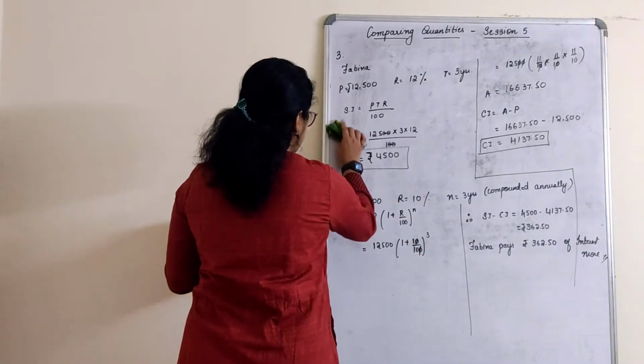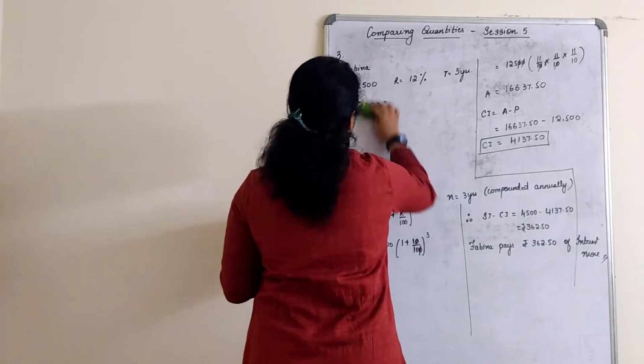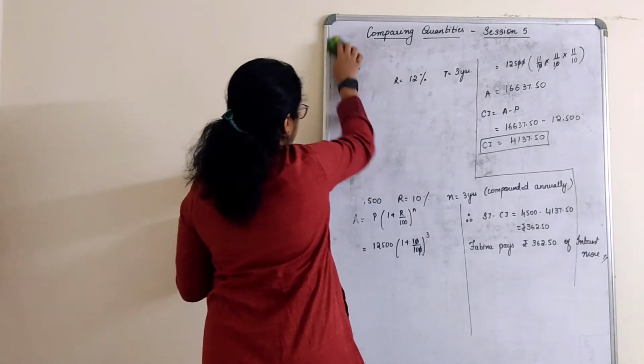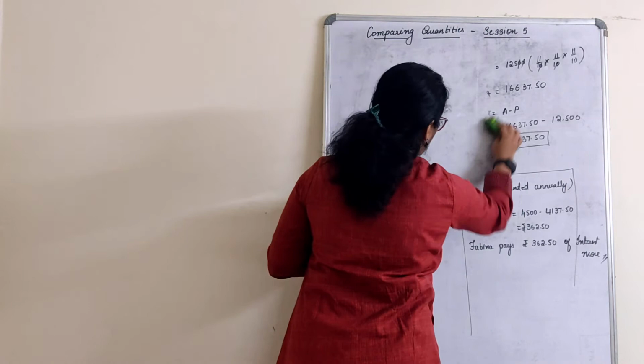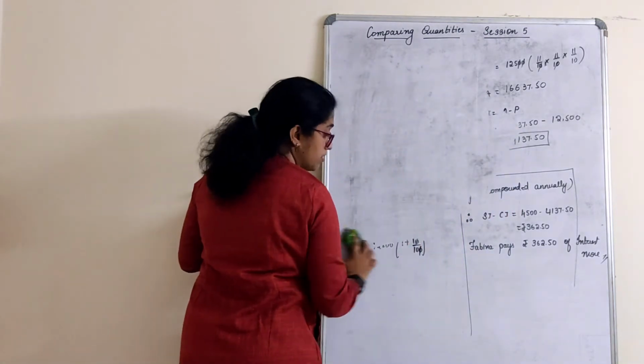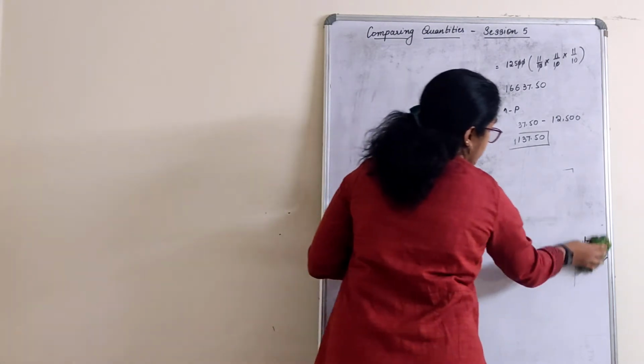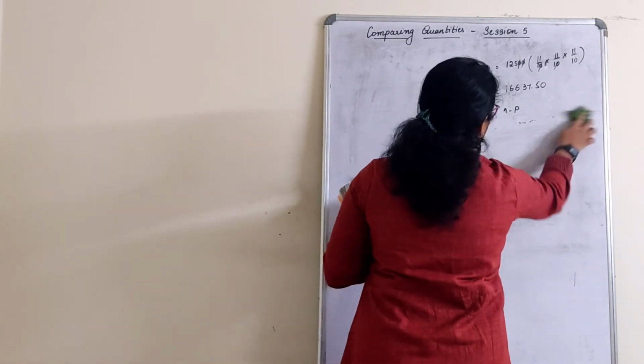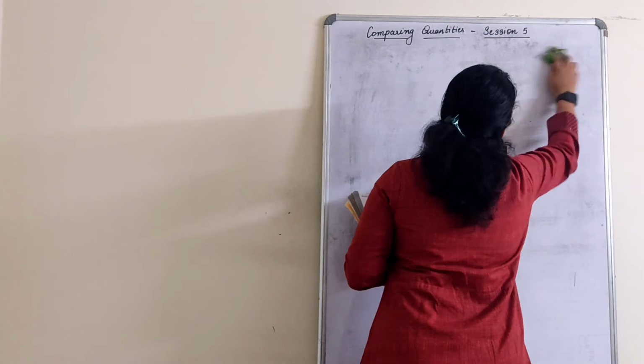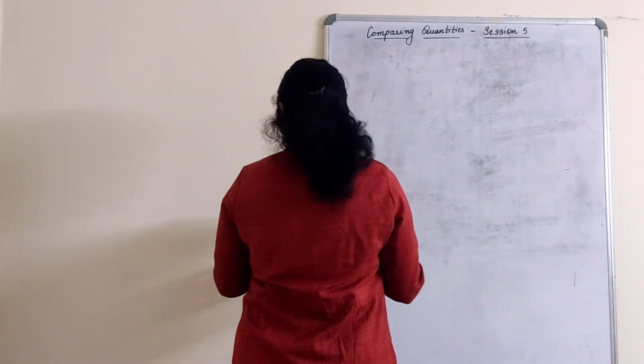Next one. Next one is again similar. I will explain and I will mark it for homework. One or two sums I will be giving for homework in today's session, the similar type of sums. But directly I will not give it. I will explain and then give it for homework.